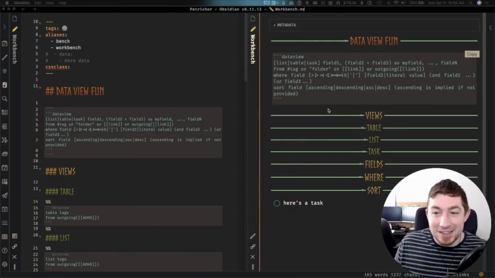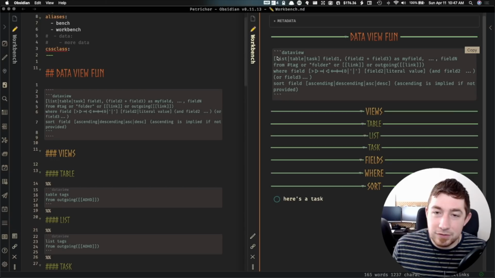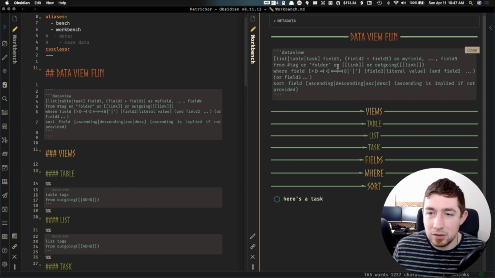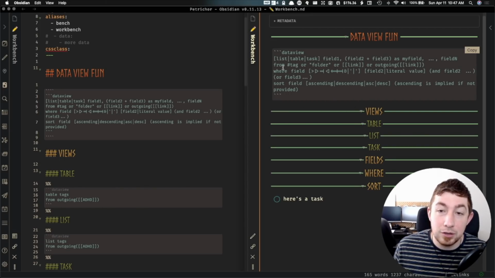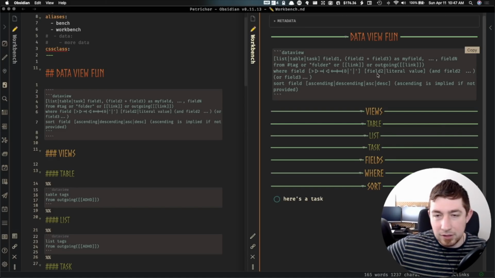I'm so excited. Inside of DataView, you have all this syntax, basically straight from the documentation. There's a bunch of options, and really all you need to know is that you've got 3 views, you can add some fields, and you can do from tags, folders, or a specific link or outgoing links. You can do where criteria to test where something is equal, greater than, less than this, and this, or